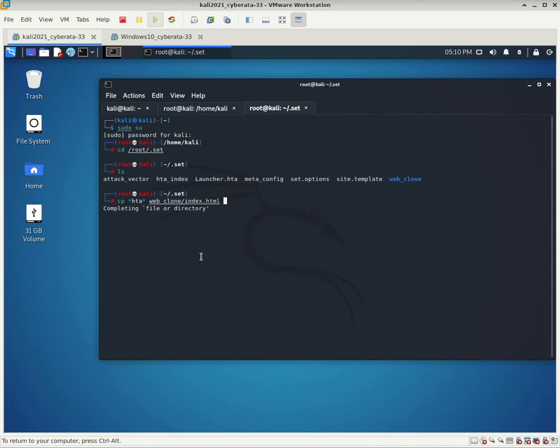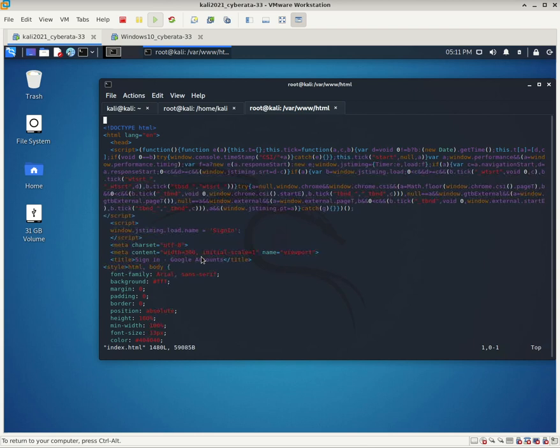We will copy all these to /var/www/html, and then we cd to /var/www/html, and then we edit the index.html,